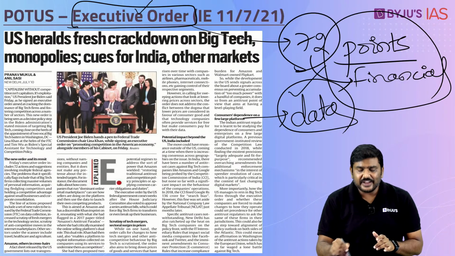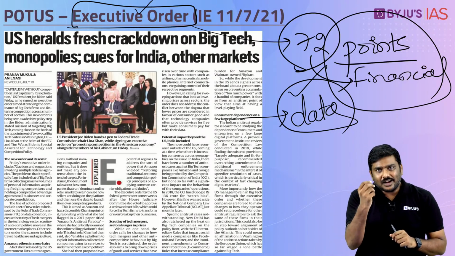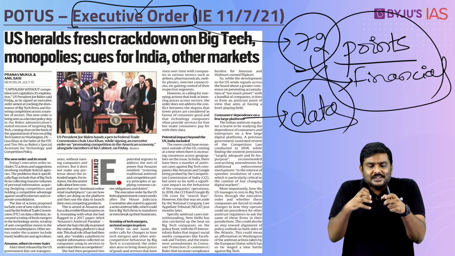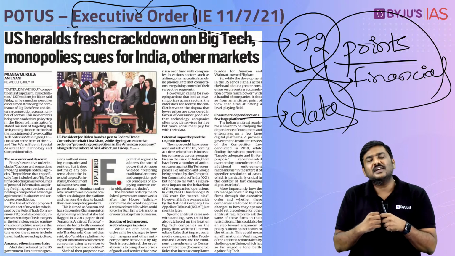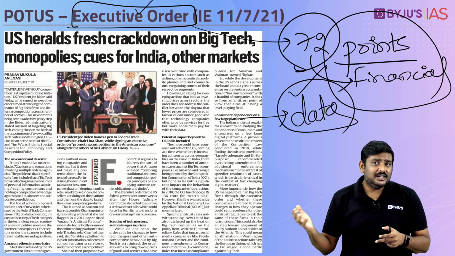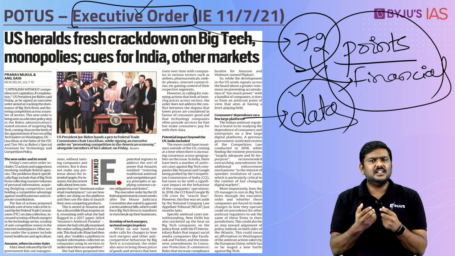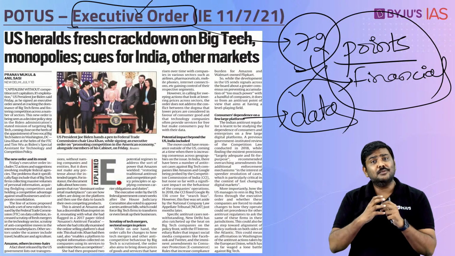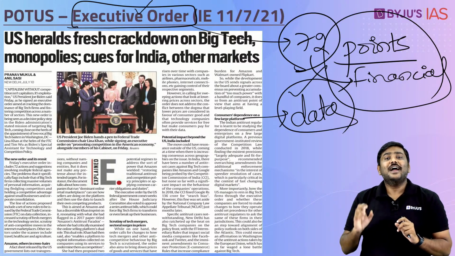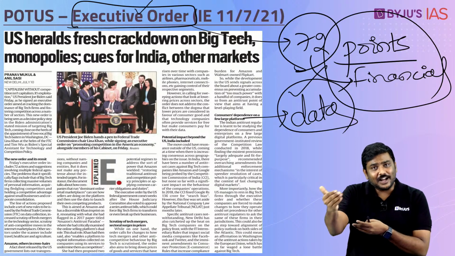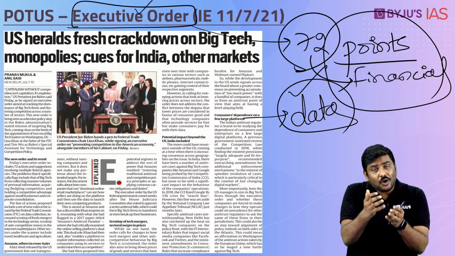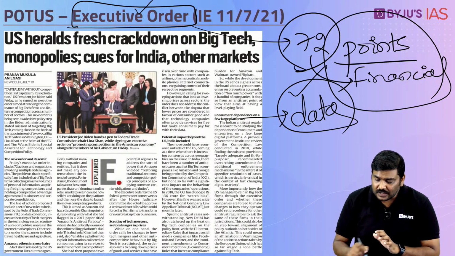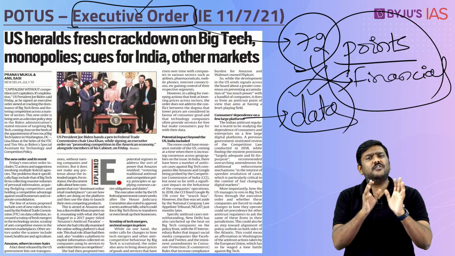And why is this data very important? Please remember this: the data of the customers is the new currency in the global market. For a simple reason, these companies will collect the data of customers, or the expenditure pattern or behavioral pattern of these customers, and they will sell it to other organizations. And this has become the latest and the most important currency as of now. And who owns this data? Whether it is the government, or the private entities, or is it the customer? That is the debate which is actually happening. So, first point of concern: very few companies collecting a lot of data.